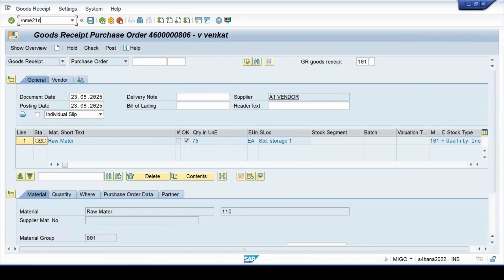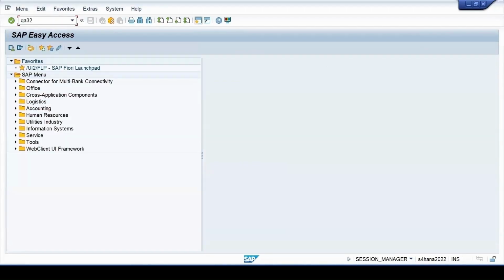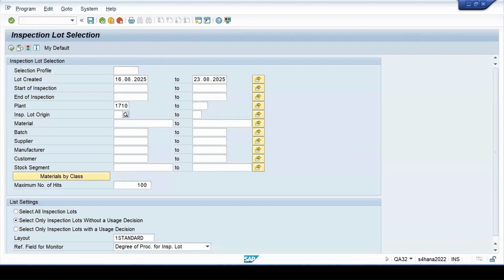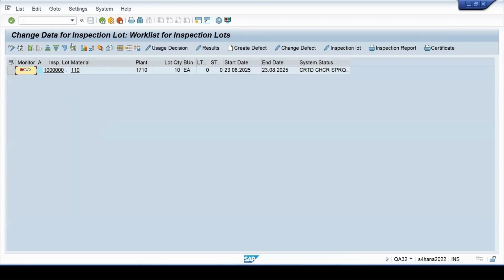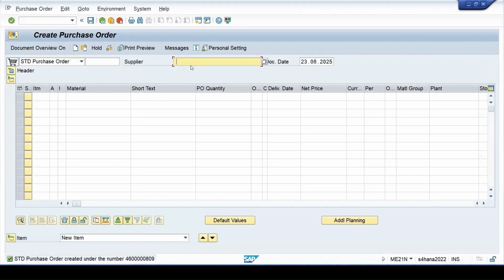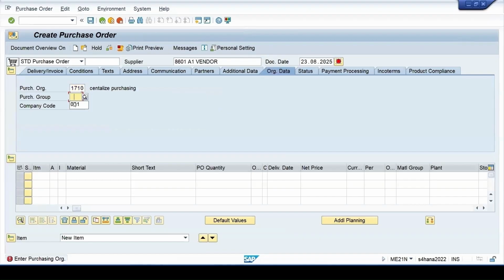Again, let me go to ME and enter. Let's open QA32 report also. Click on execute. So at present this lot is there. If I take, say, from this vendor, first let's take this vendor, the lot will get triggered, but you will see the difference.